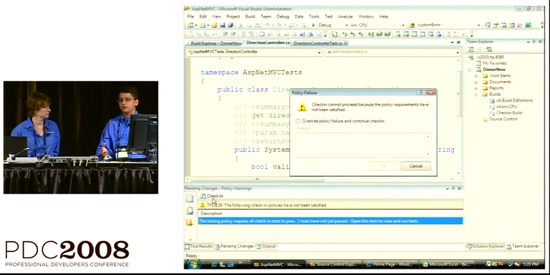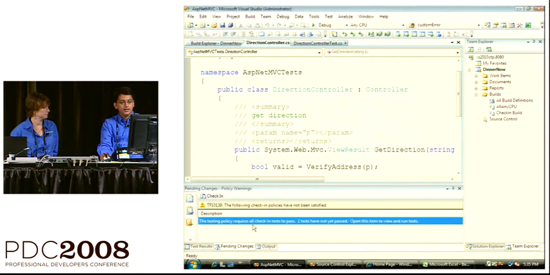I get a policy failure. I can see the message here telling me that I did not run my check-in test after I made the code change. So this works great,